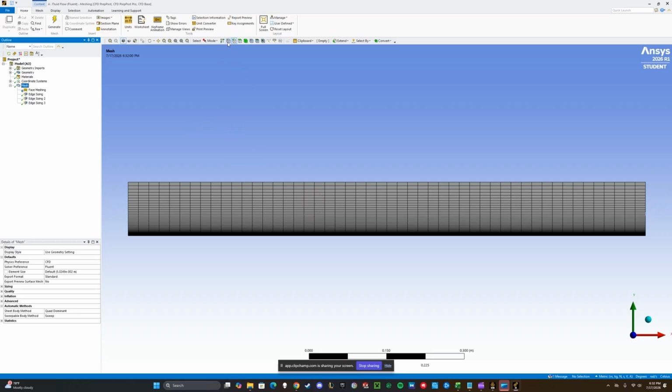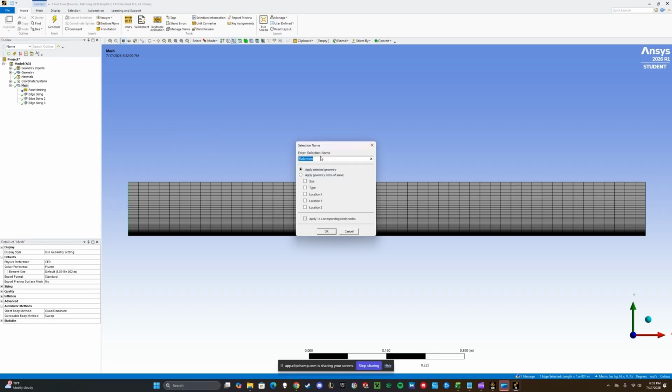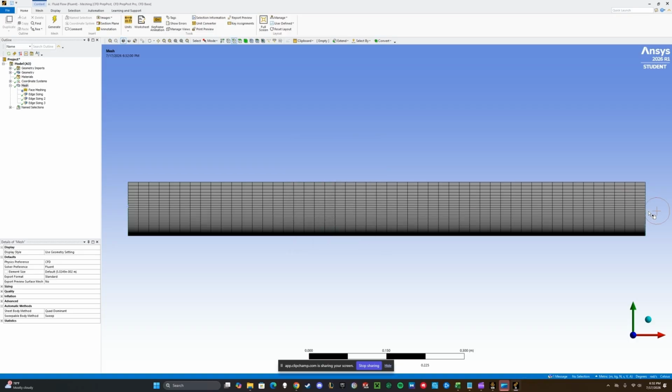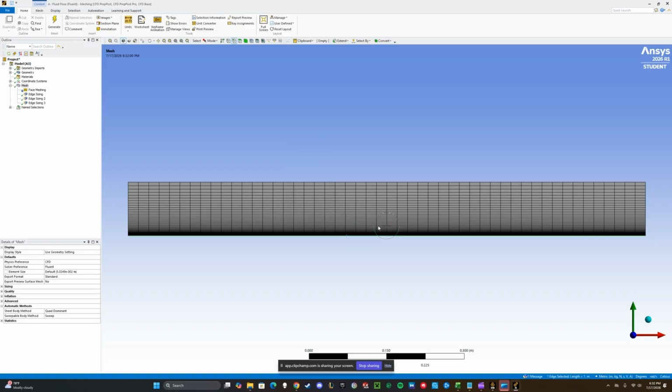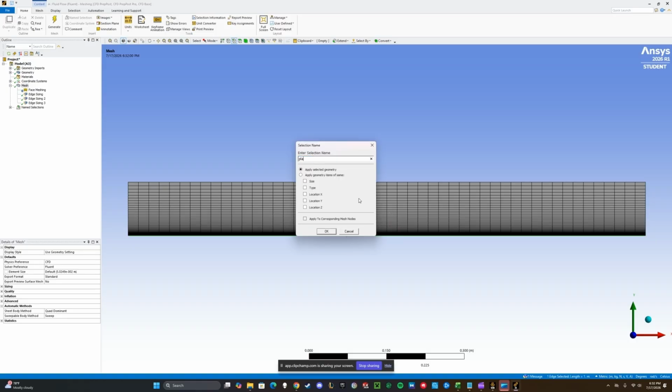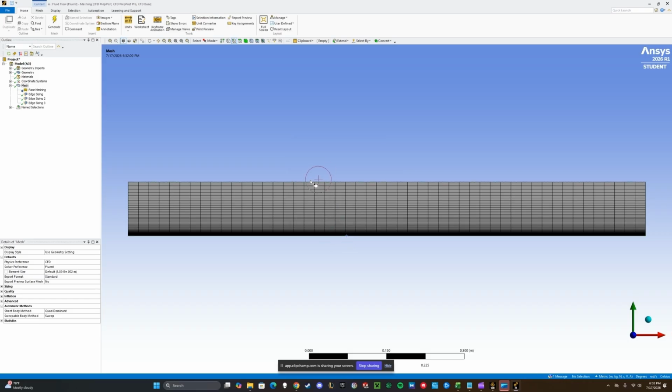So the next step would be to name our sides. So we're going to name this left line inlet. That's where our fluid will be coming in. I'm going to change the right wall to outlet just by hitting N. We'll be setting this bottom one to be called plate or wall. And then we're going to name this top one to